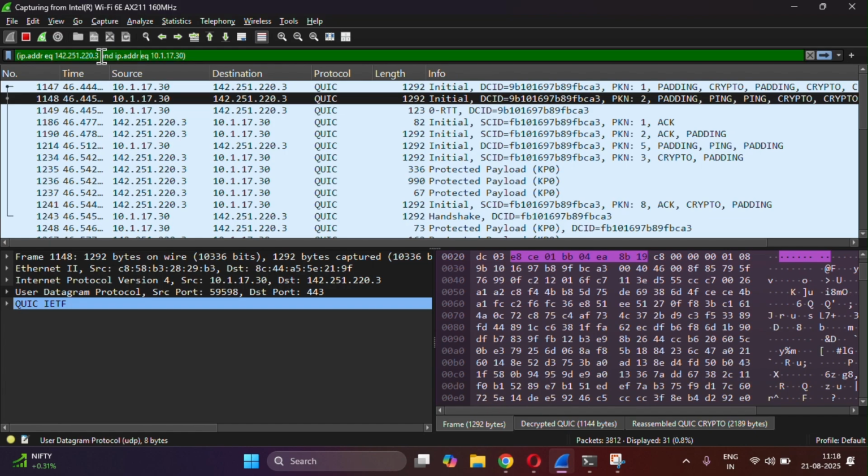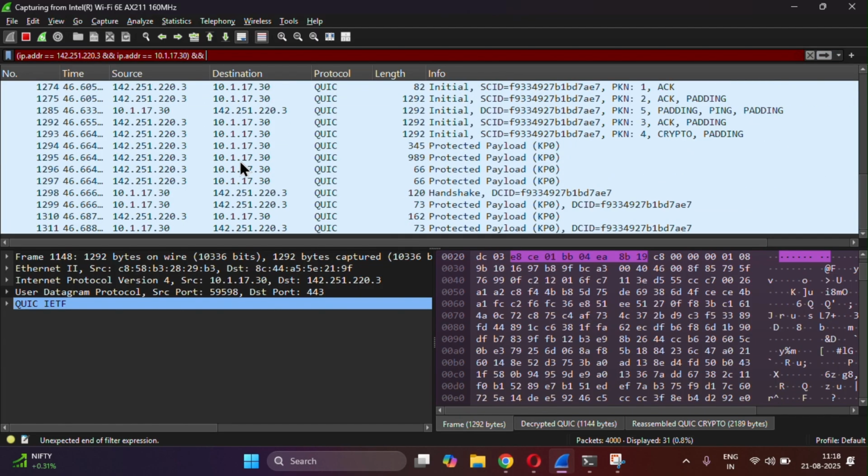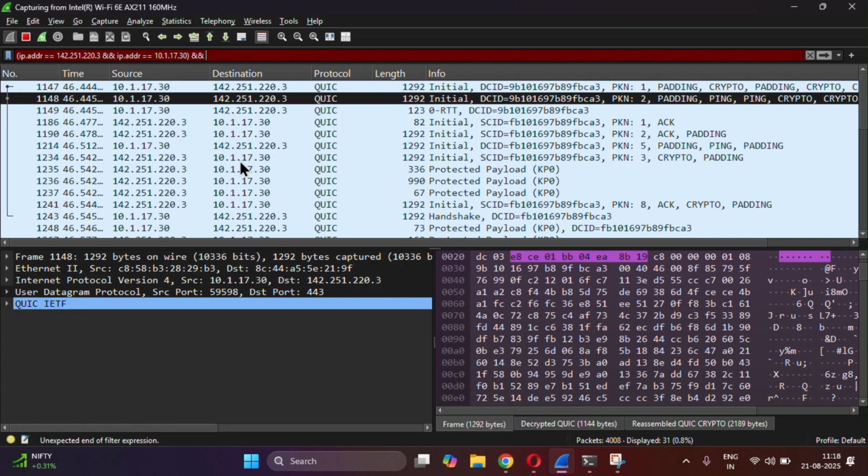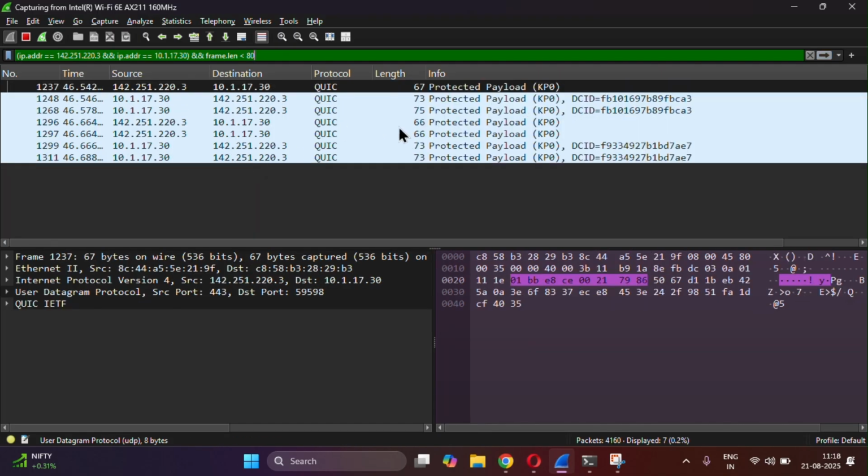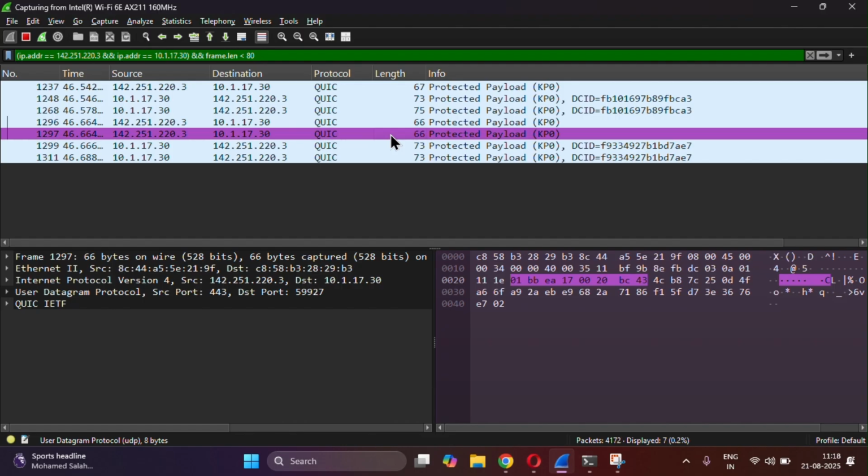If you want to change, we can use "and", which is the same thing as "&&". Let's say we want to filter and it should be QUIC, or is there anything else you want to say? Let's say frame.len less than 80. So frame length less than 80 is being filtered. Okay, so this is done. Next, what we want to do is,